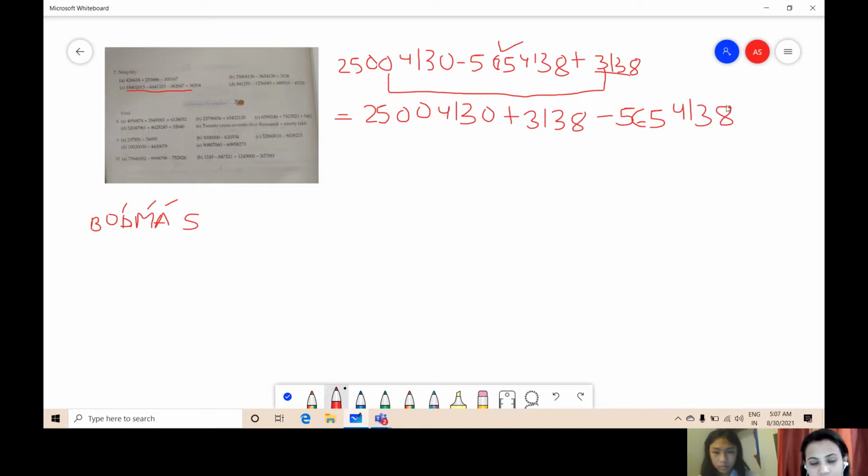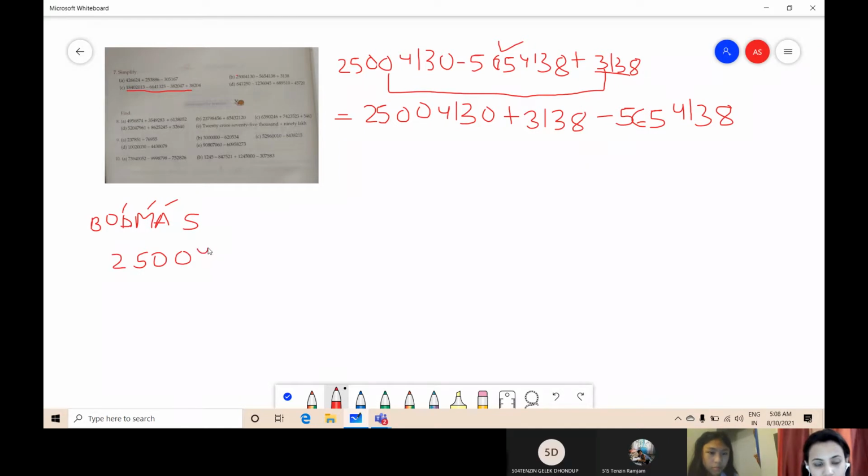Now what you will do, you will not solve here. You will not make the column here in between. You have to make it in the rough, because here we have to write like this only. So in the rough, if you want, you can add like 2500